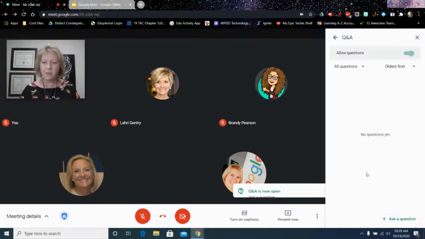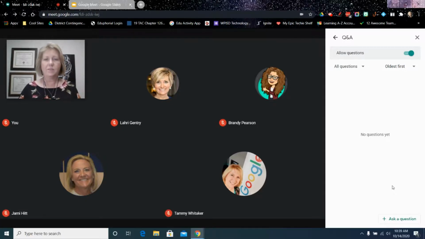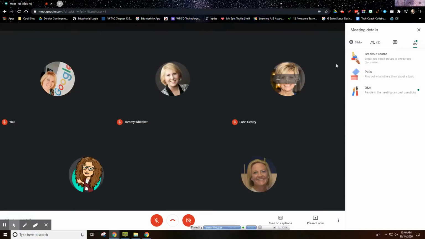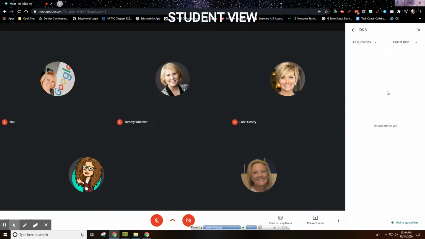So let's turn on the Q&A. This means we're going to allow questions. That means anybody in the group can ask questions. You can also ask a question, but really the point is that the host is receiving the questions to be able to answer those questions. As a student or a participant, if I see the little dot where that says Q&A, that means this is open. There's no questions at the moment, so if I ask a question